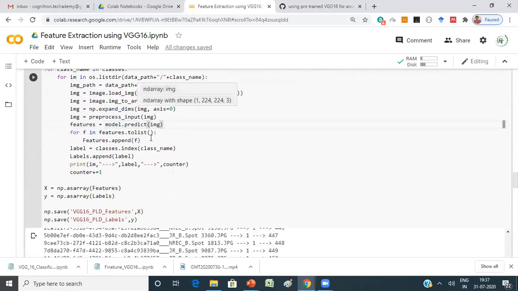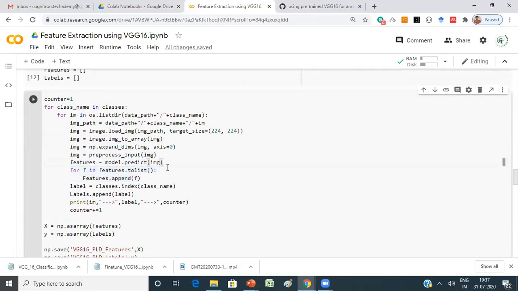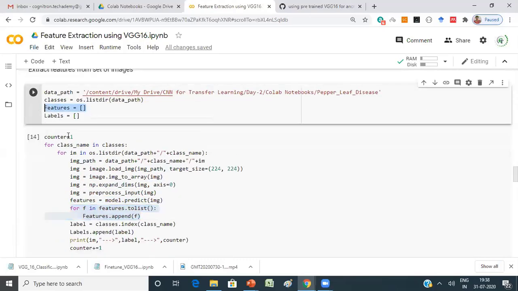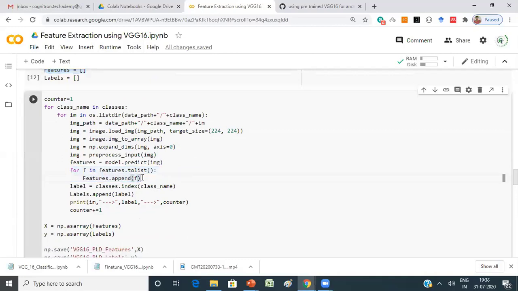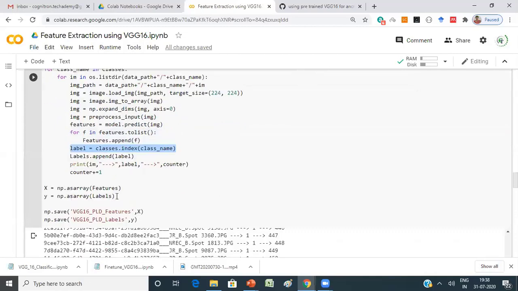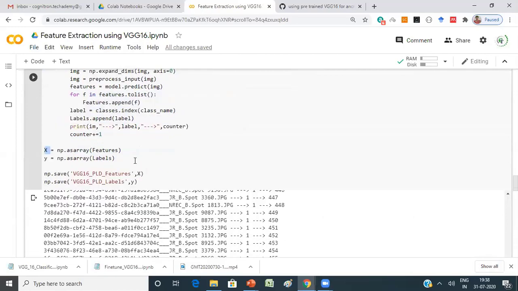So now that is done. Then one by one, for each image you are getting the features, right? So you need to append that to a list variable. Yesterday whatever we did is exactly the same. So now you take the list variable and add the features one after the other, and similarly the labels also. So now I have the labels and I have the features. Features is the variable which is a list. Now I need to convert that to a NumPy array, then only I can pass that to some other machine learning model. That is why I'm converting that to NumPy arrays.